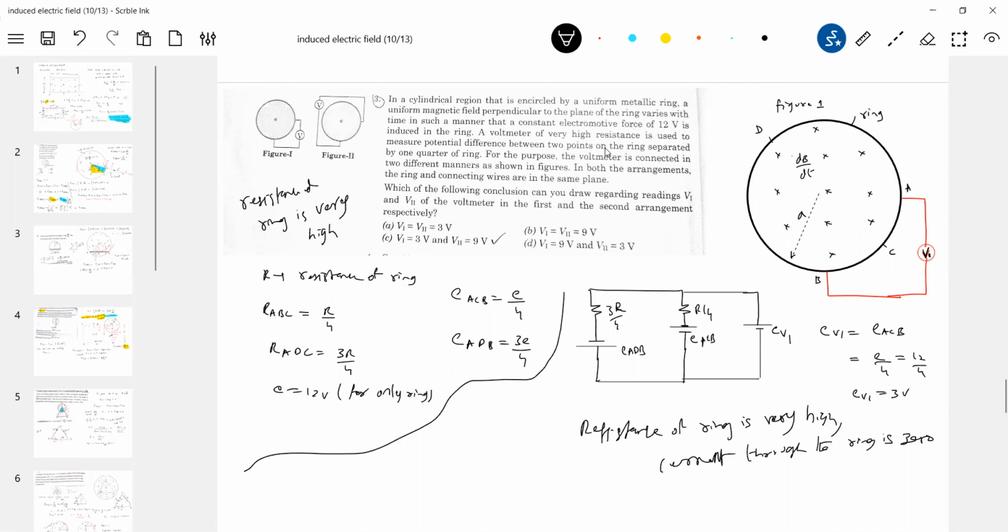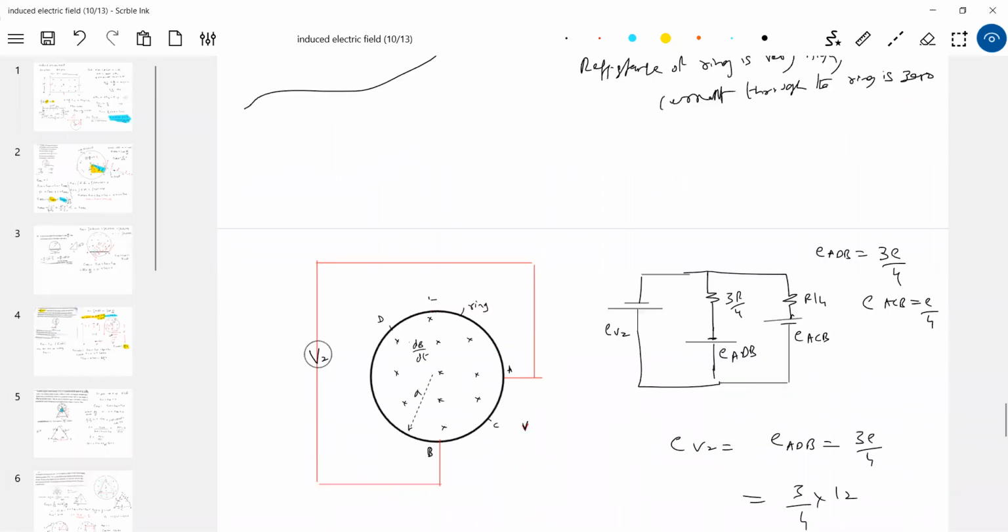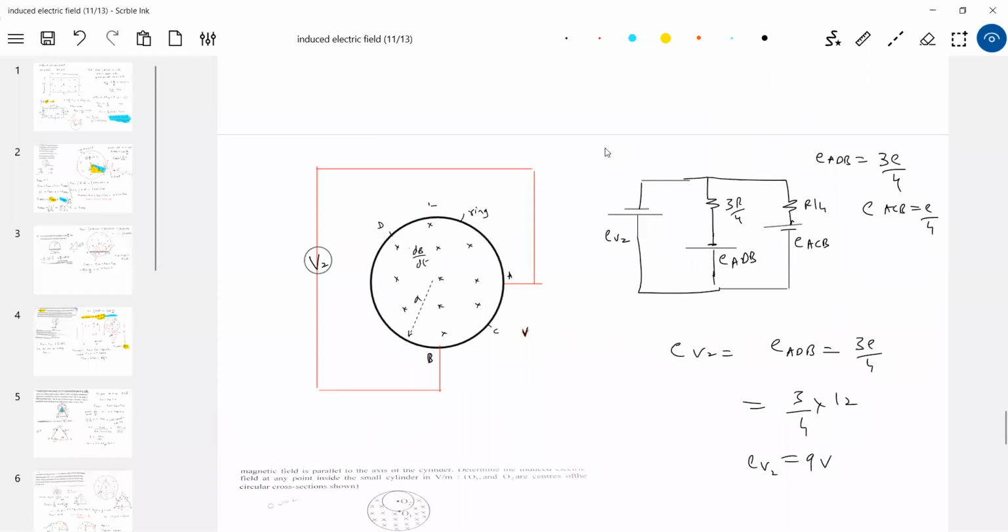So now how the wires are connected between A and B matters a lot. If I bring the wire like this, it will read one value. If you connect the wire like this, it will read another value. So whenever you are dealing with magnetic materials, like a solenoid or toroid, and you're measuring any voltage, and B bar is varying, you have to be very careful. Therefore, this particular diagram is what is indicating. You do get plenty of problems like this.